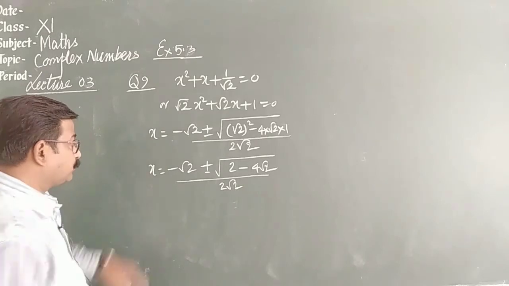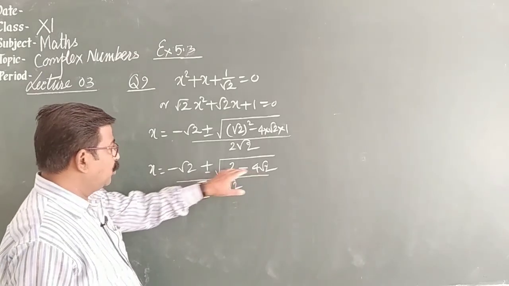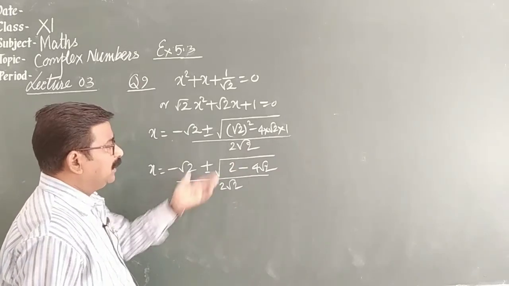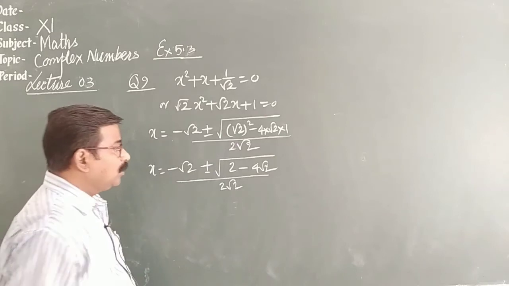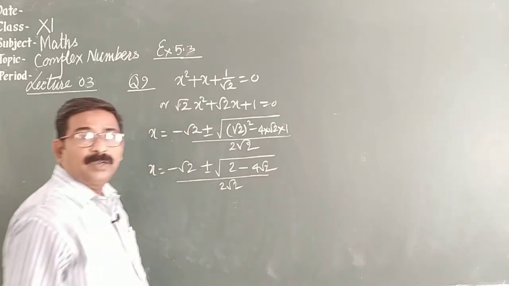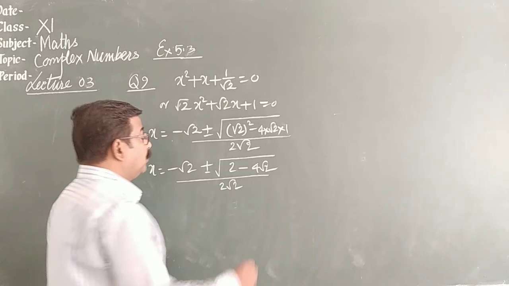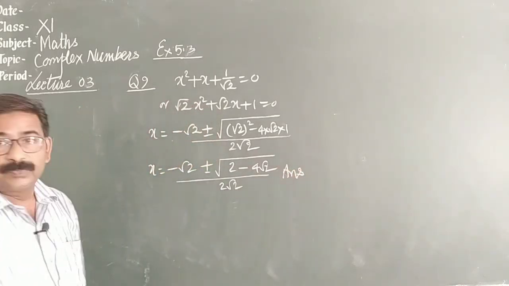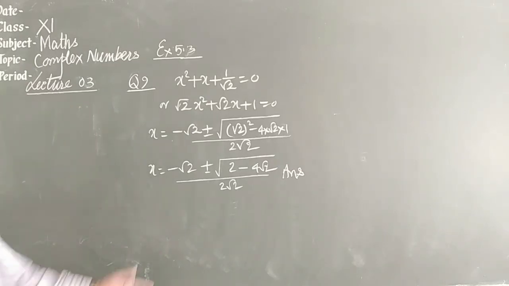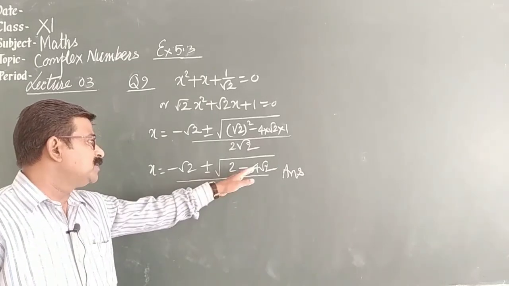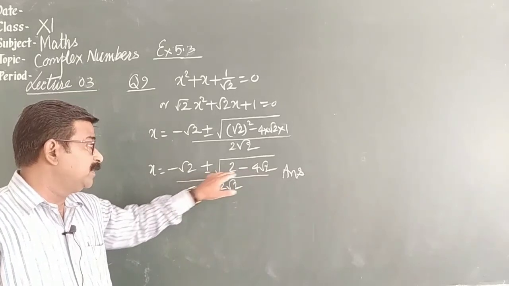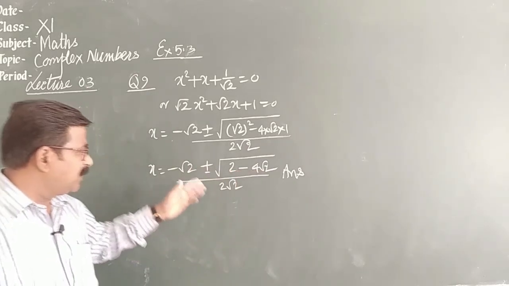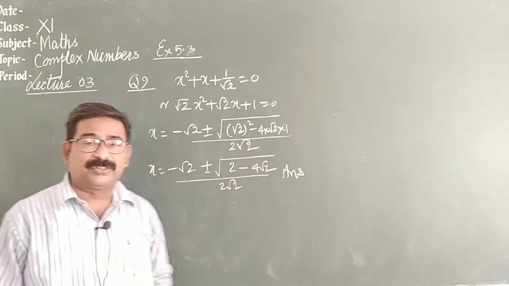Now let's see. You can take root 2 common or 2 common, or if you don't want, leave this as it is, or you can split this one. Got it? So we can leave this much. So this is how you can solve the question. This can be simplified more, by taking the minus sign common here, it can be changed into i, or you can take the root 2 common. So it doesn't matter, you can leave this much and that will be a sufficient answer.